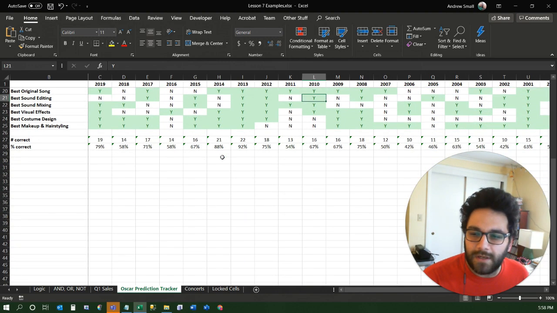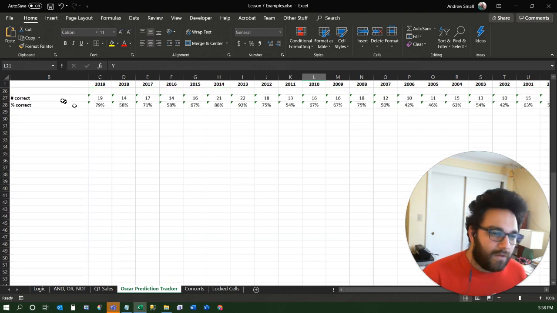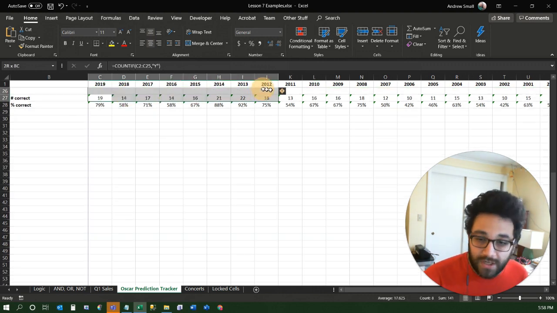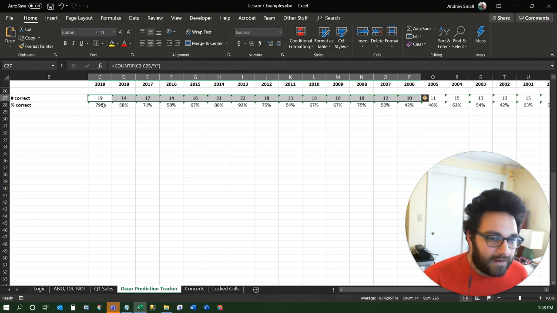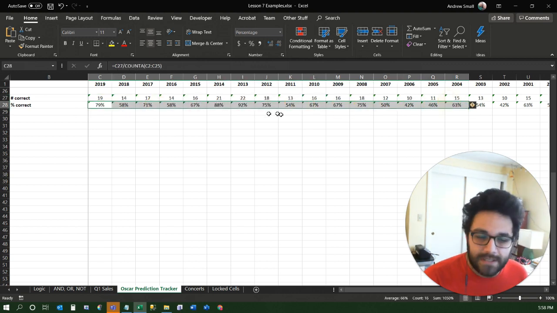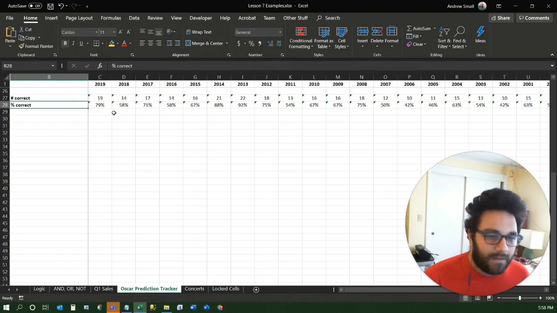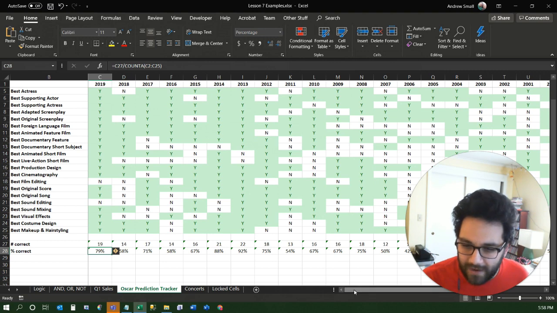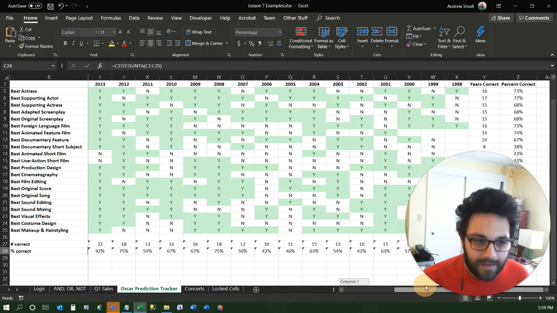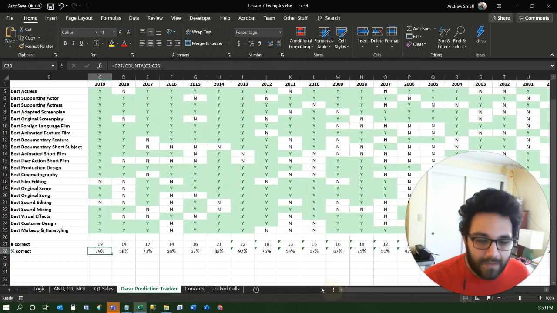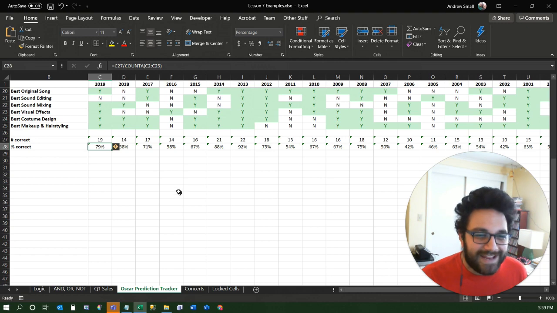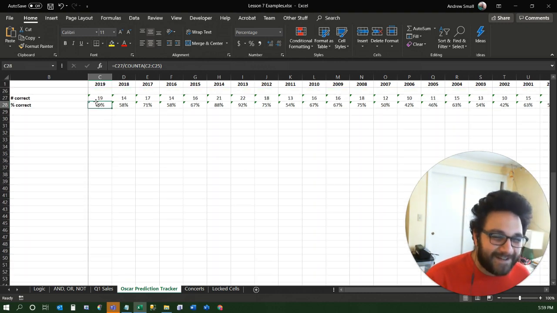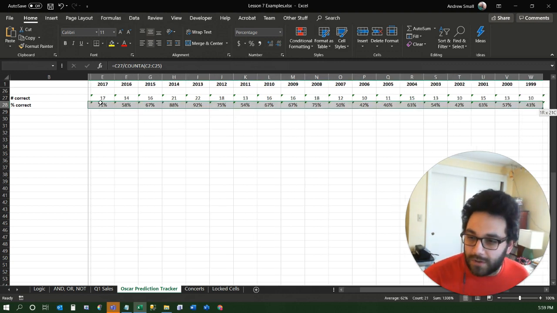First, we're going to look at them on an annualized basis here. So I've got the number of correct predictions each year, and I've got the percent of predictions that I got right for each year. And that's important because there were different numbers of categories back when I started. And also, I didn't used to make predictions in these categories, apparently. So what a fool I was in 1998. The way a color scale works is you apply it to a range of cells, once again,